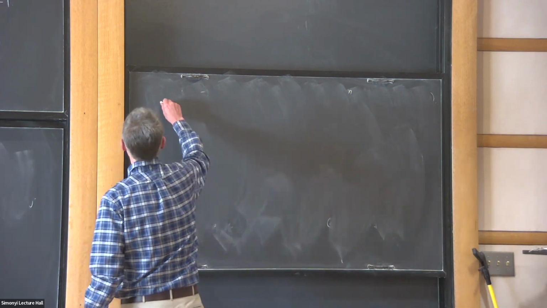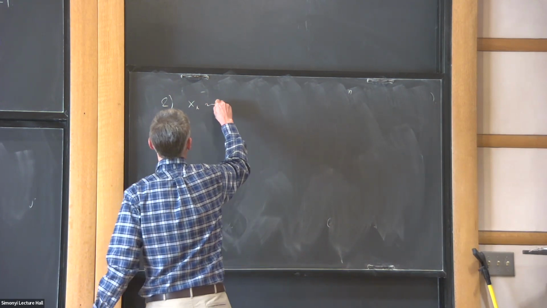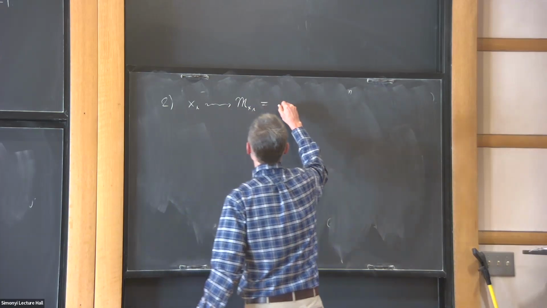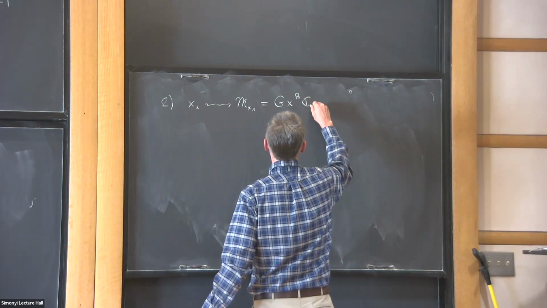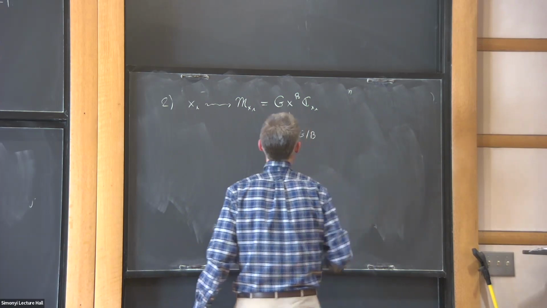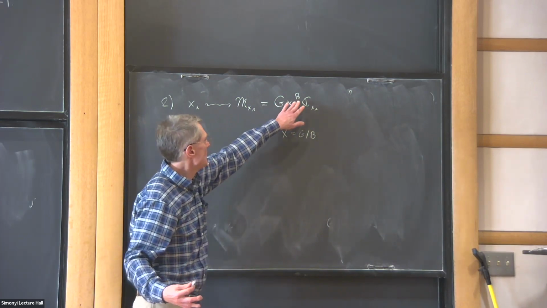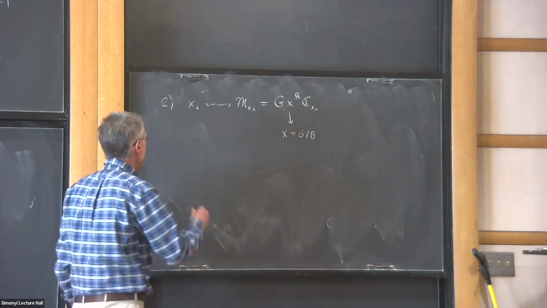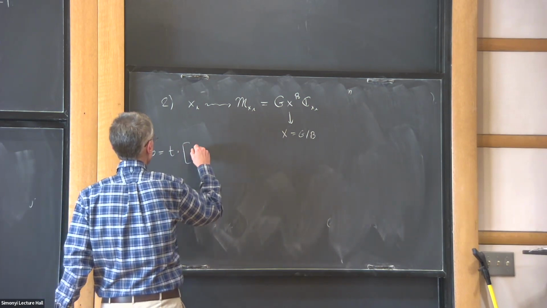The second map: given some xi, I can define a line bundle, I'll call it M of xi. This is going to be a line bundle on X, which is G/B. It's going to be this line bundle G cross_B C of xi, a line bundle over X, which is G/B. Again, this is the mixing construction that I described before. B is this subgroup, acting on G on the right and on this space on the left. And the way B acts, if B is equal to T times something like this,